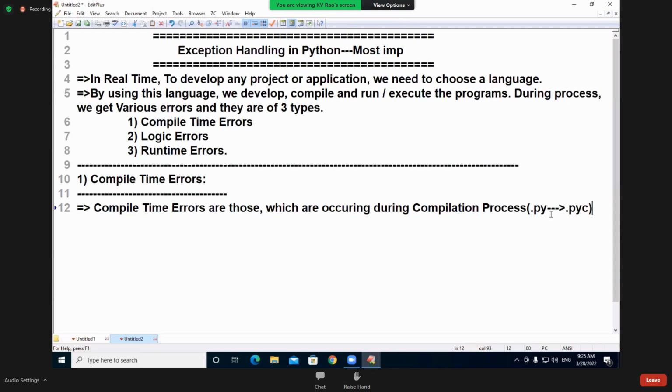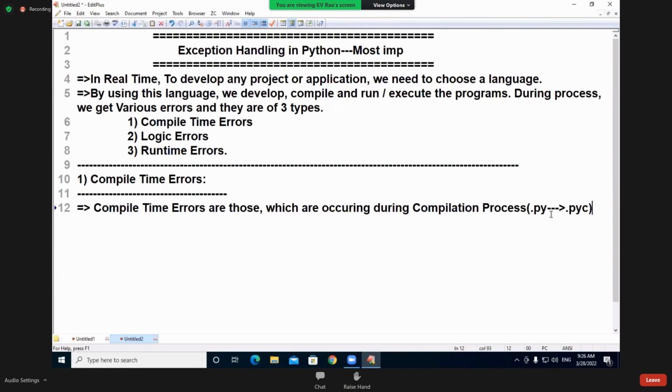Sum.py, compilation, .pyc, last class also, the __pycache__ folder. Inside of it, our module name .cpython-310.pyc. What does that pyc contain? Intermediate code. What is intermediate code? Byte code.